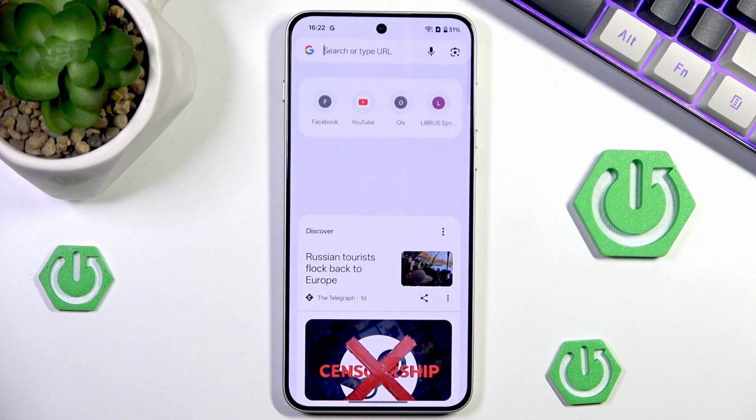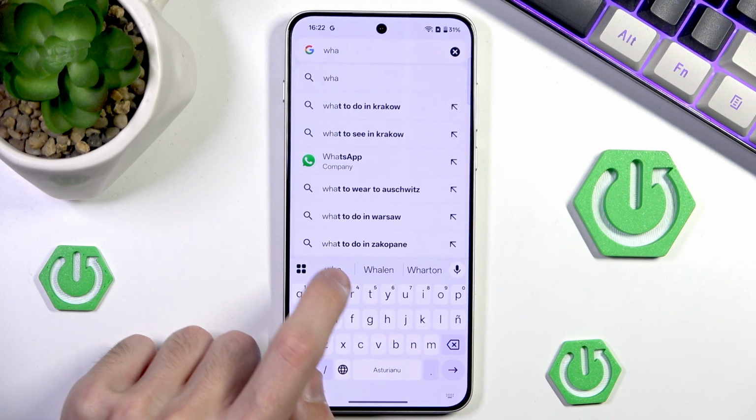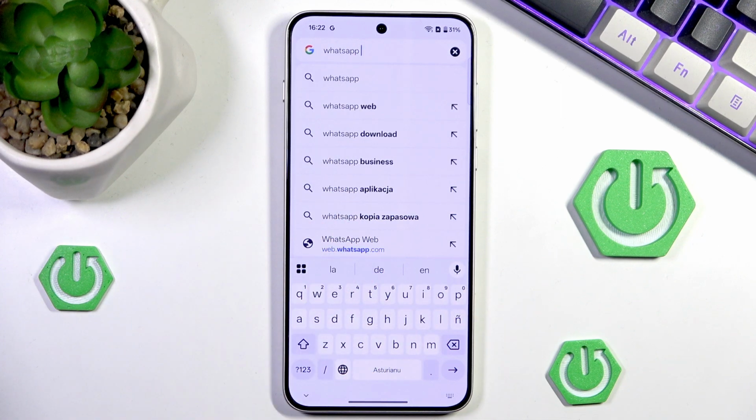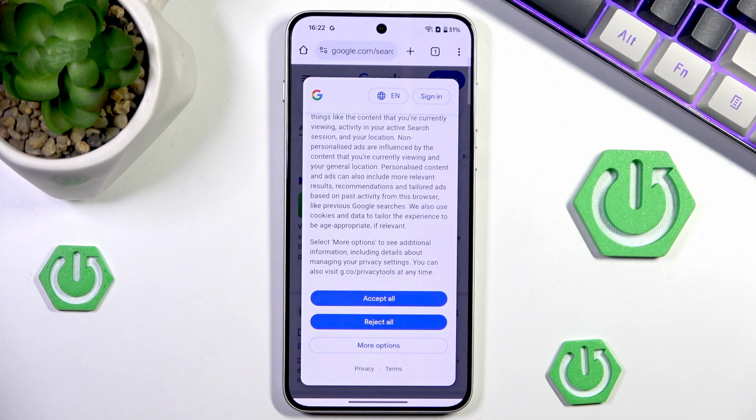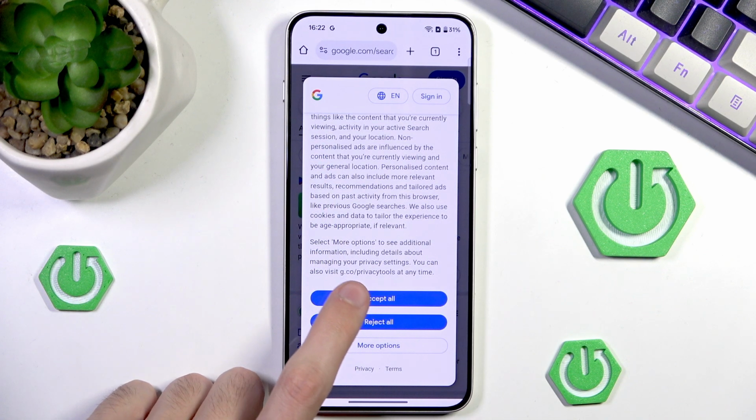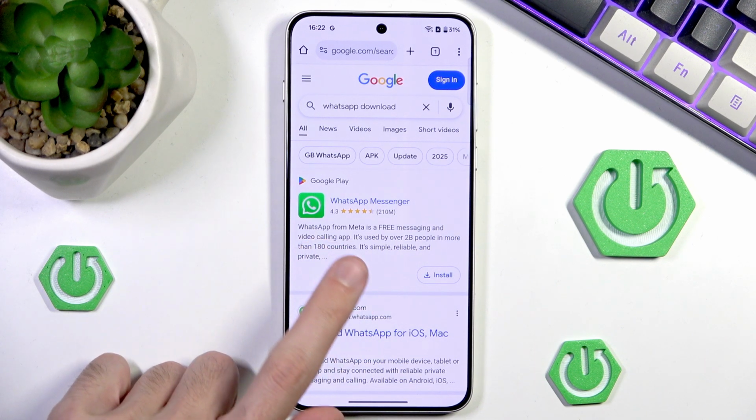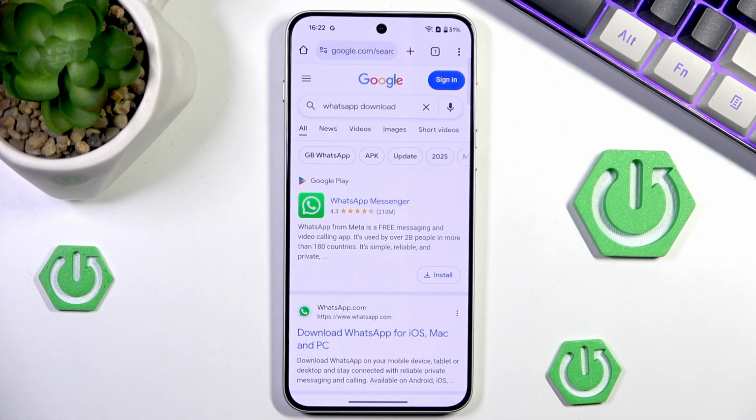Now, in the browser, you want to head into search and start typing in WhatsApp. And then you want to simply add download. If this is the first time using the browser, you have to accept or reject the cookies. And now we should see at the top WhatsApp Messenger, but you'll notice that this is actually a redirect link